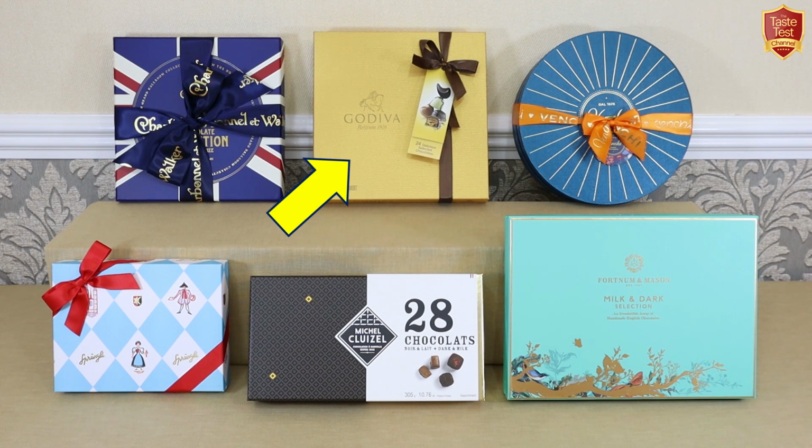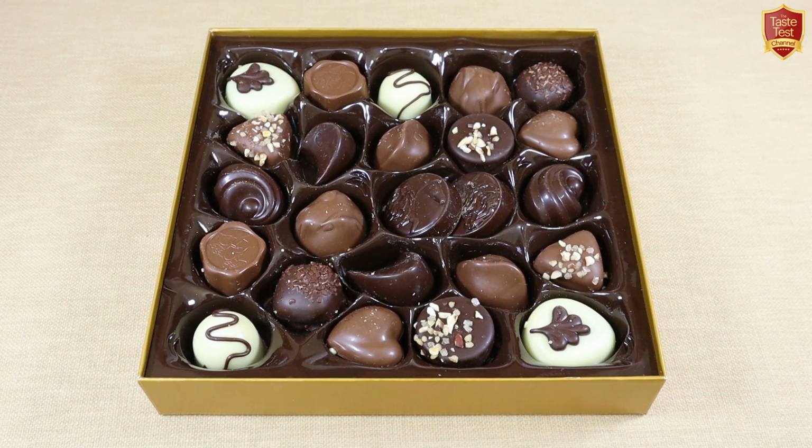Godiva, to my taste and palate, are the only ones that seem to stand out as not really belonging in the luxury category. The variety is limited, being mostly pralines and pastes, and they all taste very similar, with fudgy textures throughout. Sorry to say it, but in my opinion, the only thing that's luxury about this box is the